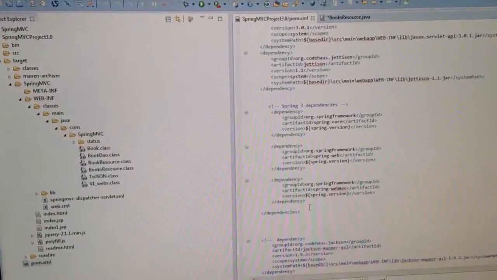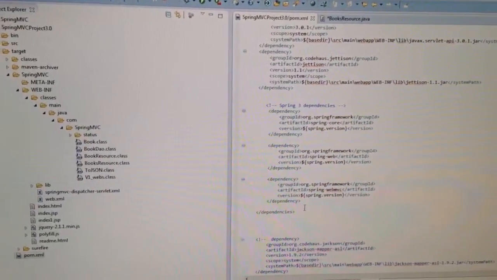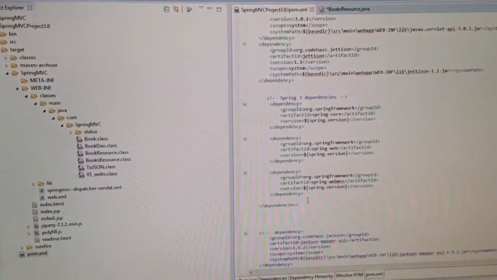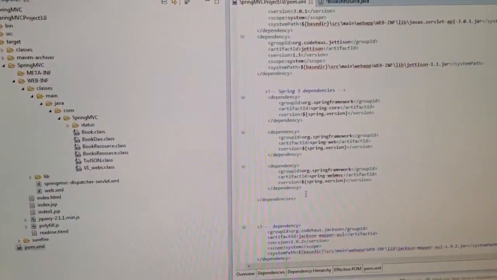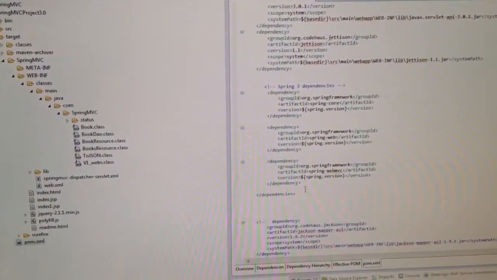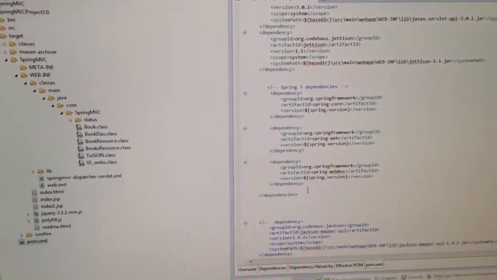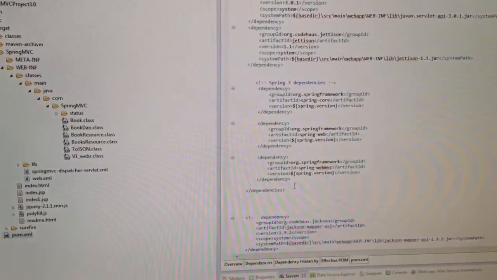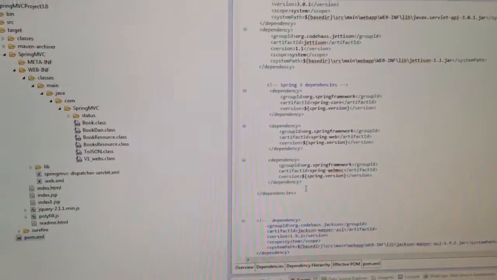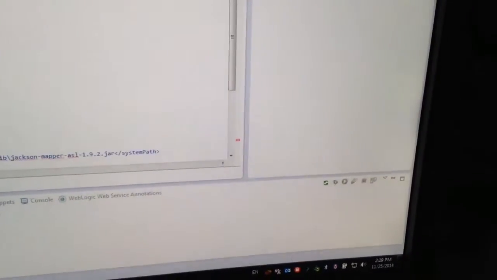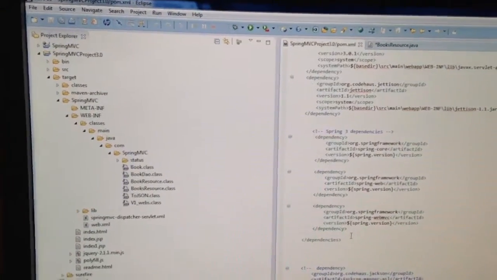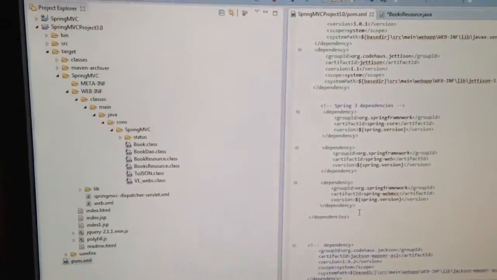Basically, the Spring MVC architecture is a good architecture to deal with the client request all the way to the server by using a front controller and a model and view, and I'm going to show you all that in my project. This is today's date. First of all, there are 4 things I did